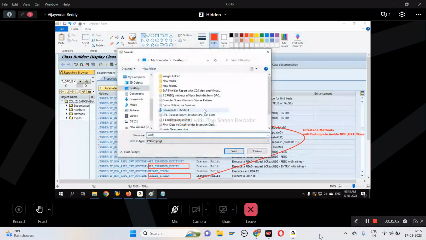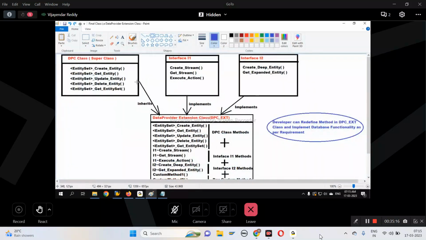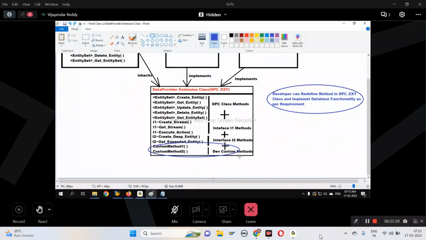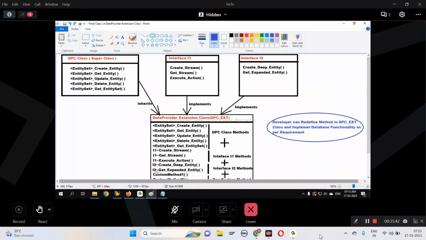Okay, let me write it here. Interface methods participate inside the DPC extension class. That's what I said here. Methods from the DPC class are inherited here, and methods of interfaces are also participating here. So just now I showed you by opening those classes. So this diagram is very important. And if you want, you can create custom methods. That's also possible. So here you can see,